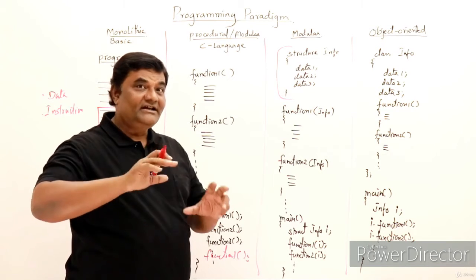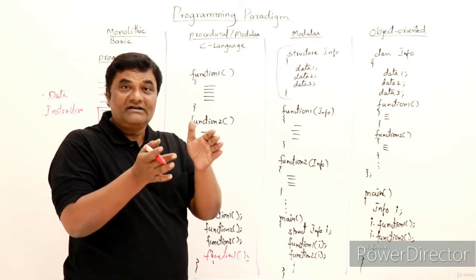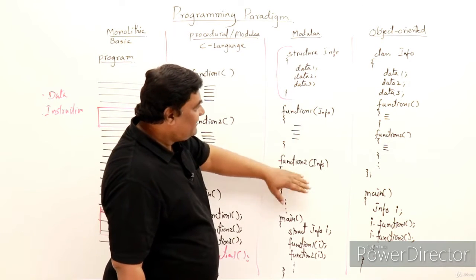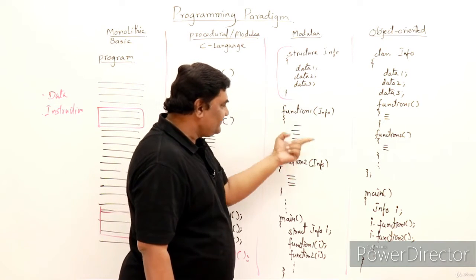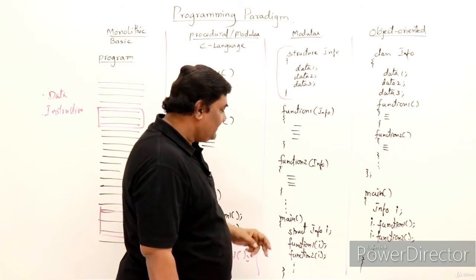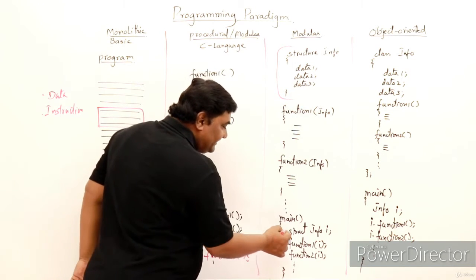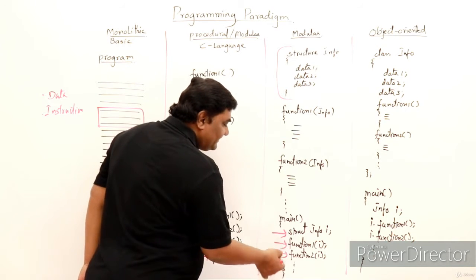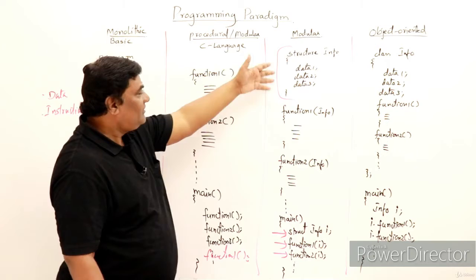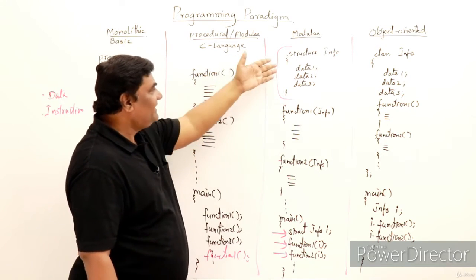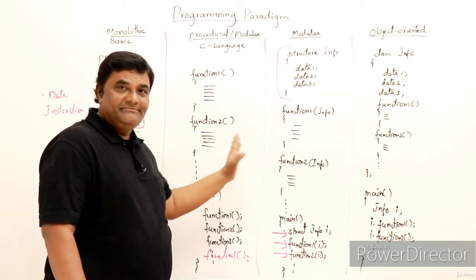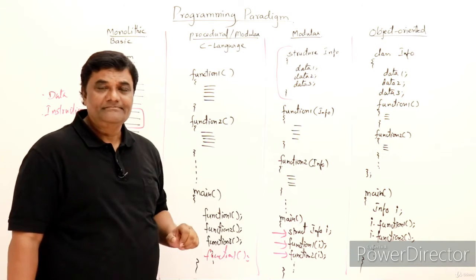In C language, we can define structures where we can group the related data together. So this is the data and these are the functions. And if you observe, these functions are meant for that data only, right? So the main function is having data and the functions that are acting upon that data. So this is the finer method of writing C language programs, with structures and functions. This is the same thing, modular programming.